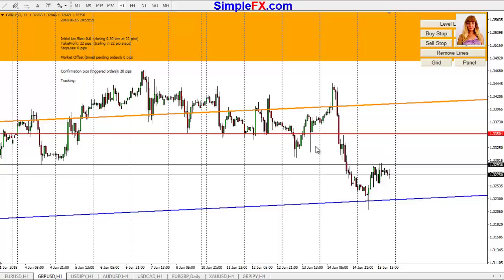for pound dollar. Again, you can see it's all according to my strategy, all using exactly the same levels I'm showing you, and you can see how it works. I'm giving you a bit more detail so you understand how I trade and how I look at the market and what I do. So, well, obviously now let's go to a bigger chart so you can see what is happening,